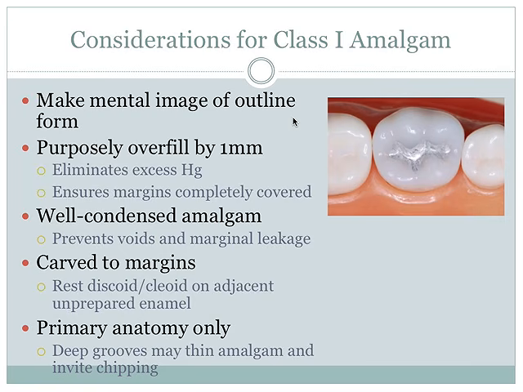So some more considerations for Class 1 amalgam. You want to make a mental image of the outline form that you prepared first, so you can figure out, what's my filling supposed to look like when we're all done here? Where were the original edges of the tooth structure? You want to purposely overfill by about 1 millimeter or more. This eliminates excess mercury, and of course mercury is in such trace amounts that it's no concern, but this is